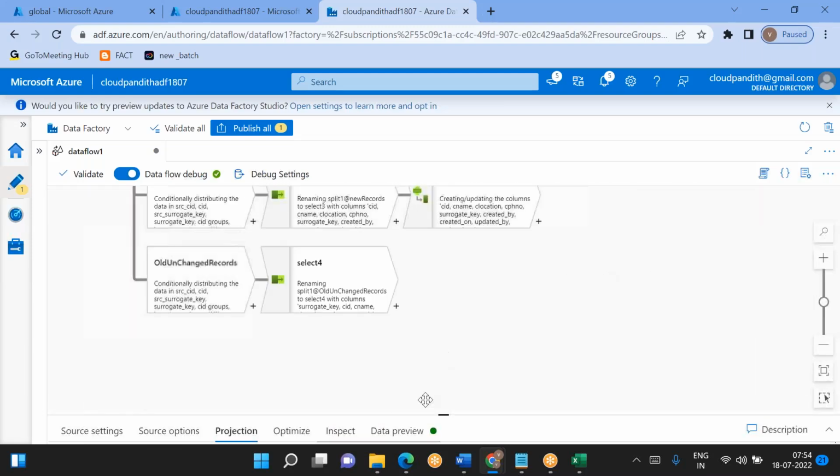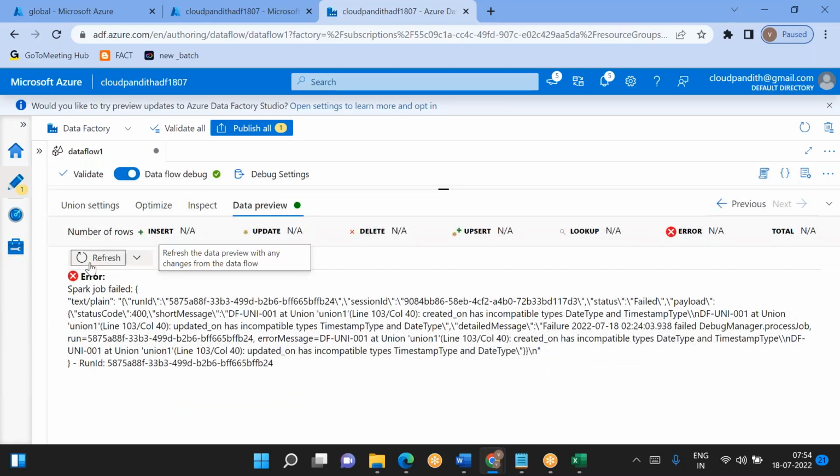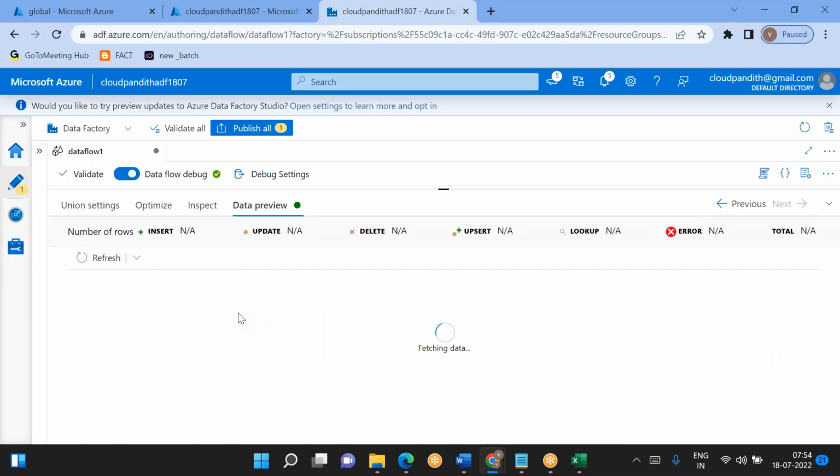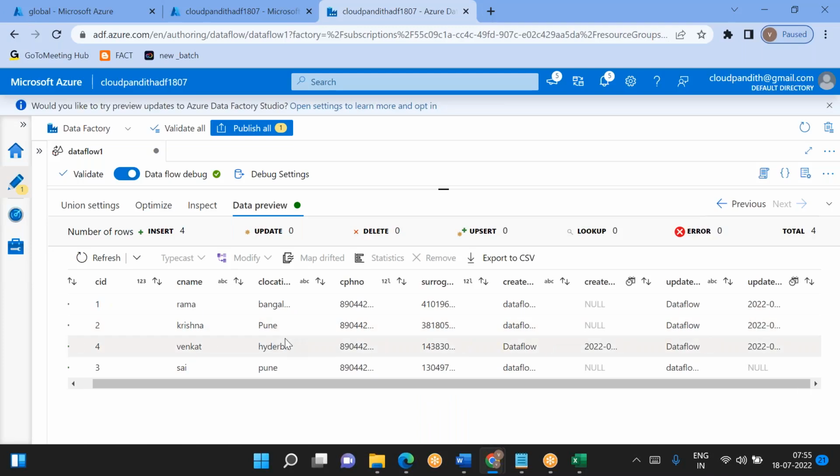Now the data types are perfect. Union transformation. Refresh this. See, now the data is perfect. 1, 2, 3, 4 records are there. If you look at these,